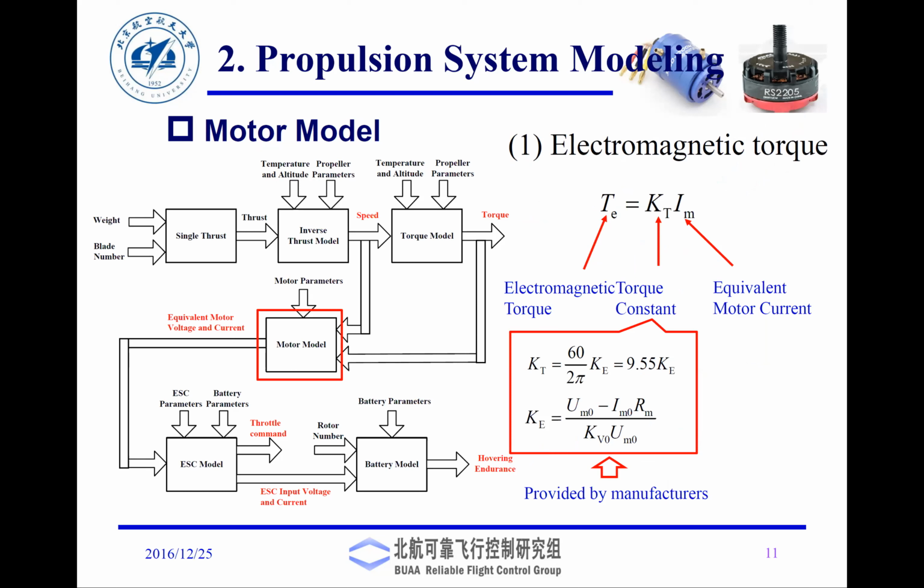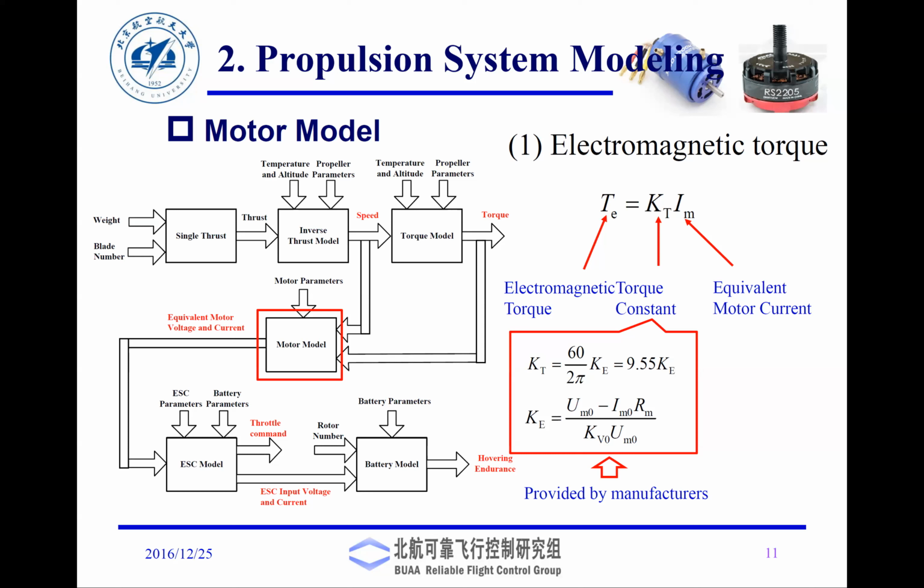I want you to think about this equation for a second. Kt is the scaling factor, Kt and Ke. So it's 60 divided by 2 pi. But if you think about Ke multiplied by Kv multiplied by UMO, which is the voltage supplied to the motor,